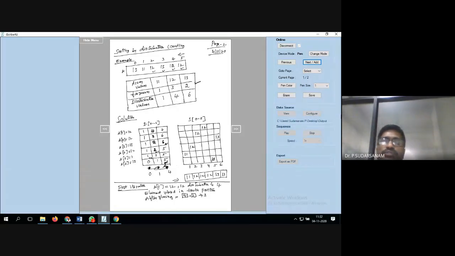Which way you want to write it, you can write it. So here is the distribution. These are the original values I have taken. The destination values I have taken. This is what is called sorting by counting. One value I have written: A of 5 is equal to 12. 12 in the distribution table is 4. So the element is placed in the fourth position. Even if you want, you can write it as 12 element placed in the fourth position. After placing, 4 minus 1 is nothing but 3. So these are the distribution values. This is nothing but the distribution table.